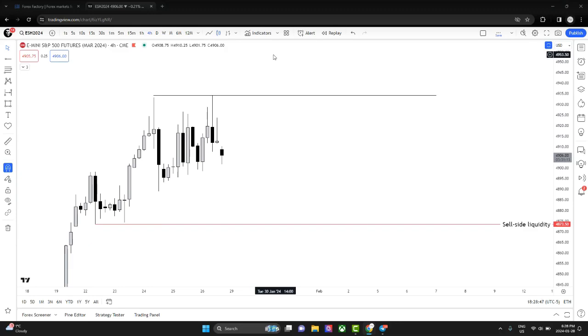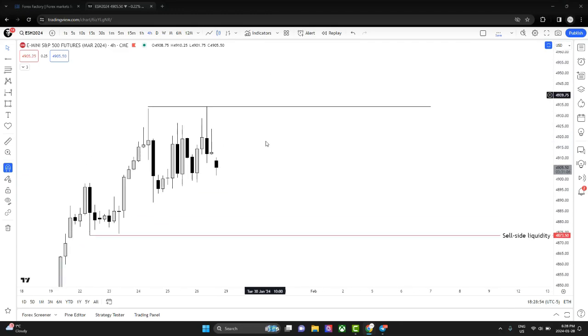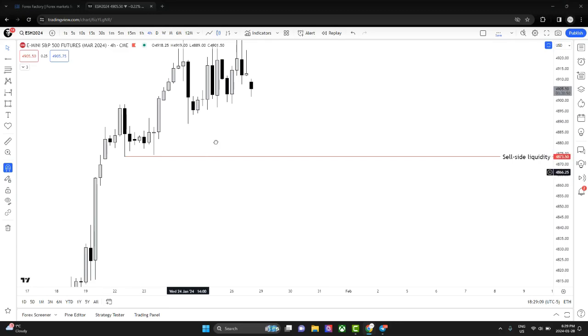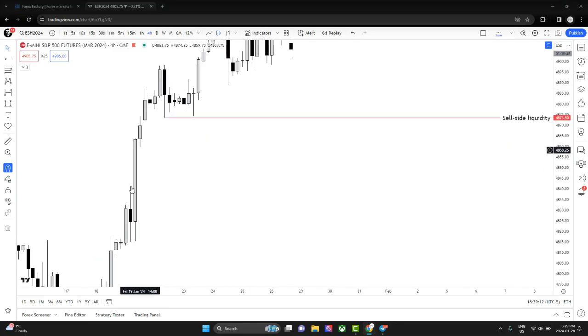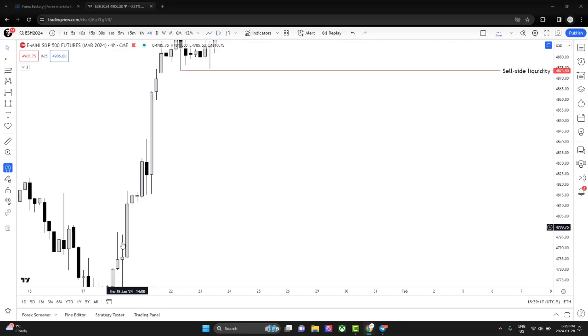Okay, but if price goes above here and breaks below this low, and on the higher time frame, the daily time frame, we see a clear daily balanced price range, and price trades back up into that, then we'll be shorting on the 1 hour, holding a swing short for a while. So we have sell side liquidity here again. We have an imbalance right here, which is a draw on liquidity, right? All of these will be filled, in my opinion.